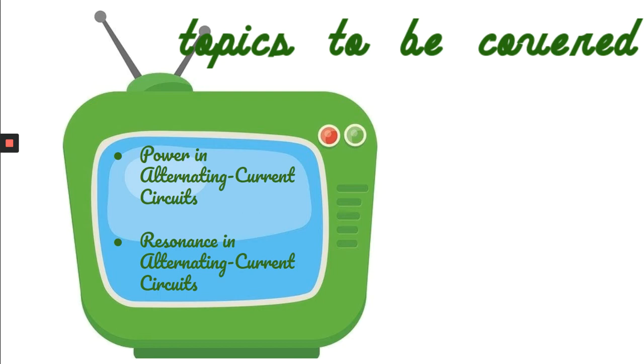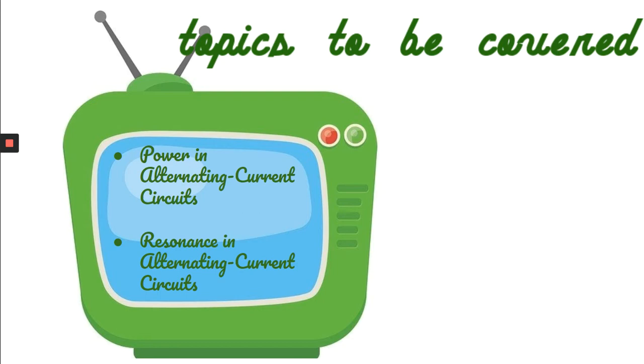And what is that impedance? This impedance is the square root of R squared plus XL minus XC squared. And what is XL? It is the inductive reactance, that means the resistance offered by the inductor. What is XC? This is the capacitive reactance, the resistance offered by the capacitor. So these things we have discussed.